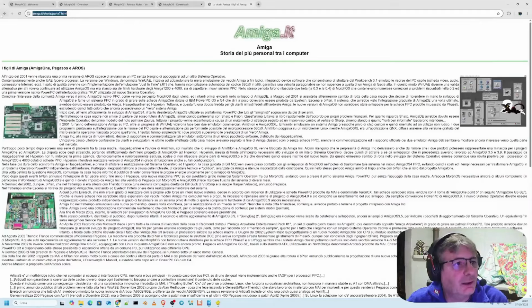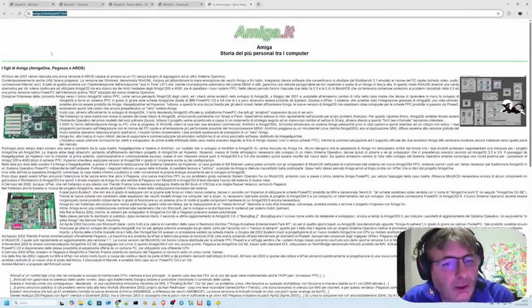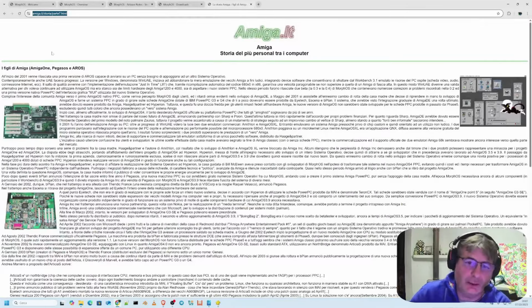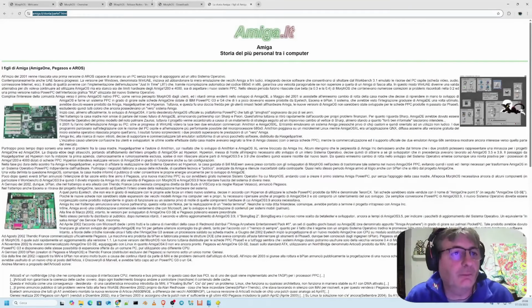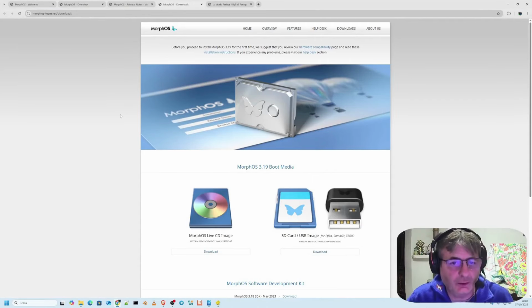I'll share this site with you, Amiga.it. It's part 7 of the history because it's really well done and I got a lot of information from here. Then in the following years, MorphOS 1 finally arrives, which brings some consolidation, and then comes MorphOS 2, which is still around today. In the scene, it was officially announced that there would be a migration to the x64 platform.